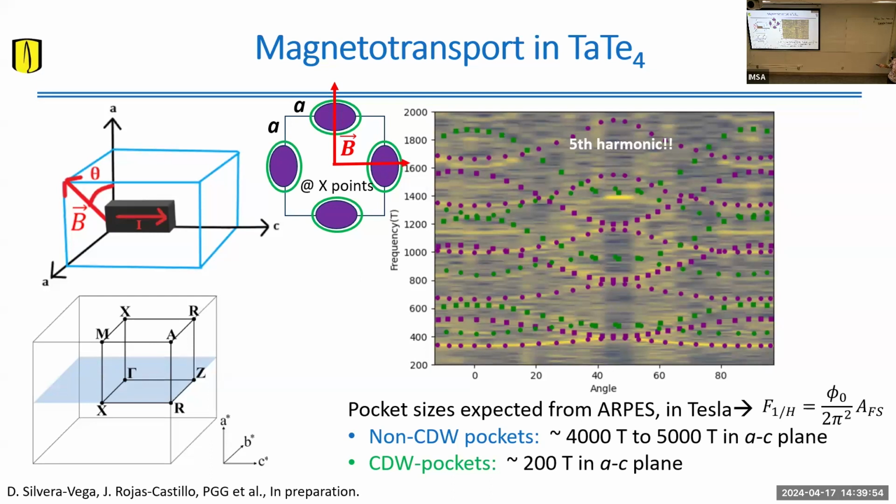Now, you observe a bunch of harmonics, which is actually something very impressive. We see up to the 5th harmonic for these frequencies, which implies that literally the electrons are going 5 turns around these Landau levels before they scatter and get lost. So the coherence, or the purity, of the samples needs to be very good in order to observe these higher harmonics. And you need to go to high fields in order to have these resolutions. What temperature is the experiment? This is 1.3 Kelvin.